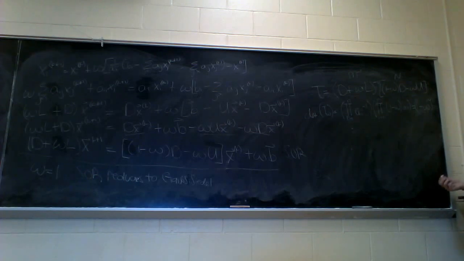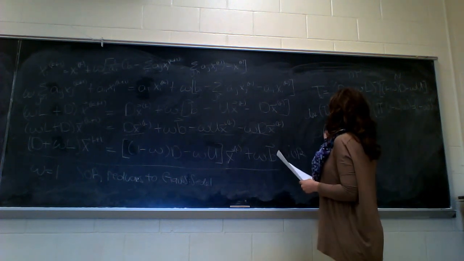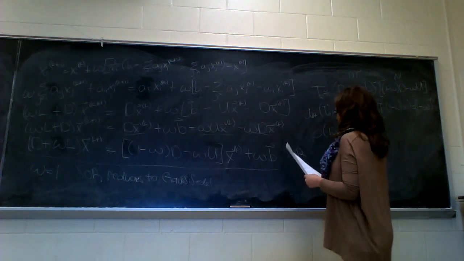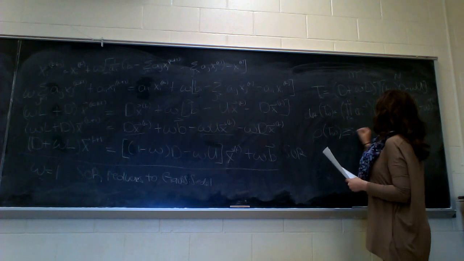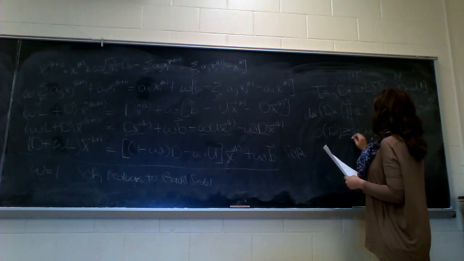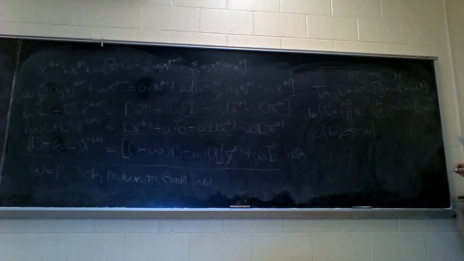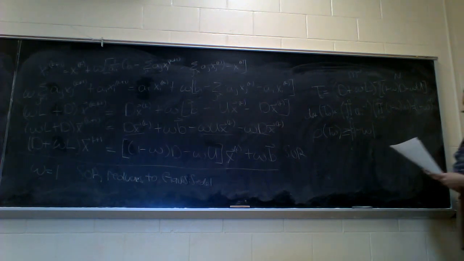So because the determinant is the product of the eigenvalues, it follows that the spectral radius must be greater than or equal to the absolute value of 1 minus omega. So from this, we can conclude that SOR converges only